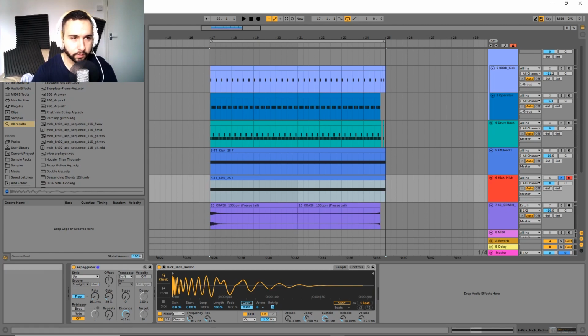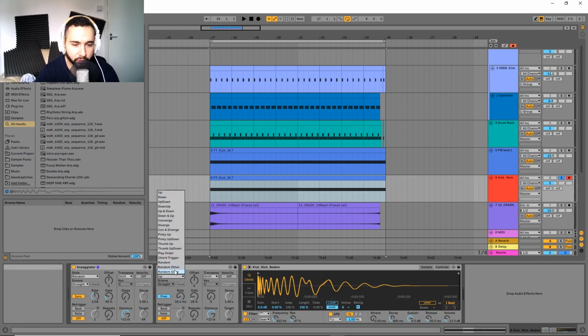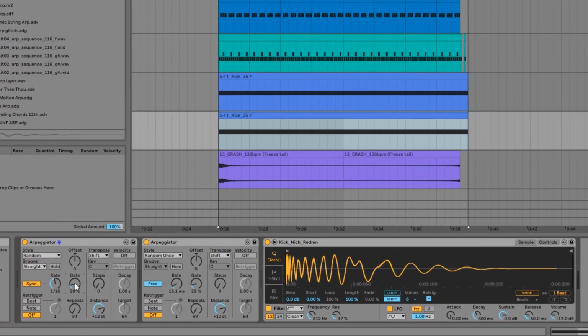Next, what we've got to do is open up a second arpeggiator, and this is going to act as our rhythm arpeggiator. It's going to create that movement, the variation between note lengths and such. Now you can change the style from up to random, or whichever one you really want. It's just going to create different movement within this example. And next, you're just going to have to mess about with the gate. This determines the note length, so when you mess about with it,